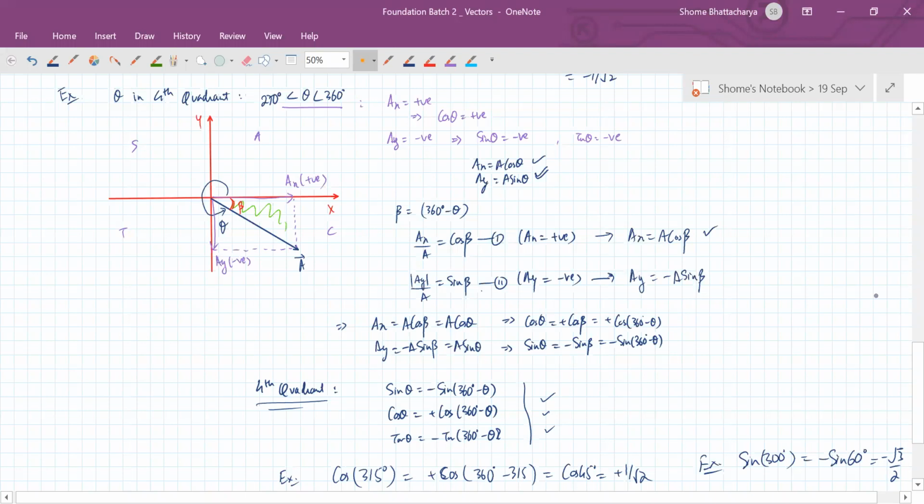Yeah, we can write it as 270 plus 30 also, but then it will become minus cos 30. Like in the second quadrant also, we can write something as 90 plus another angle instead of 180 minus something. So like that, in the fourth quadrant we can write something as 270 plus something. I would prefer you to know this by this formula. Here sine and cos don't get interchanged.